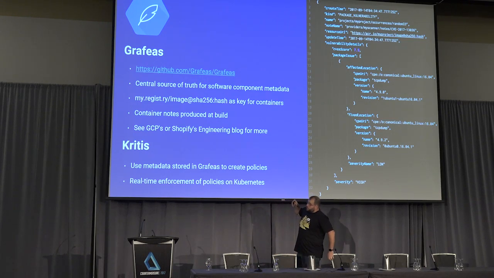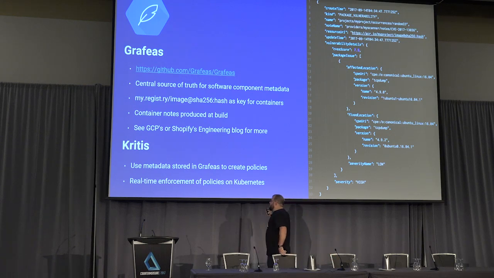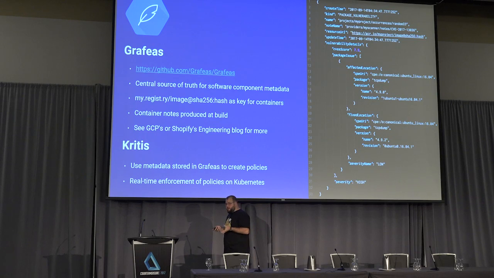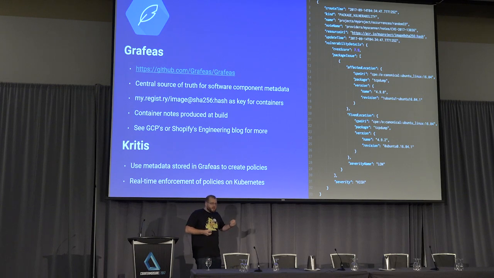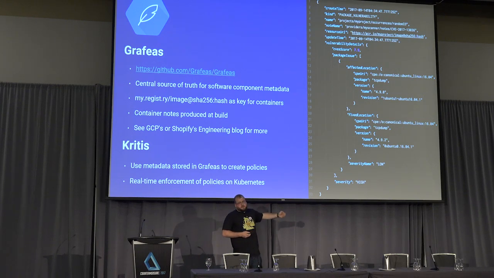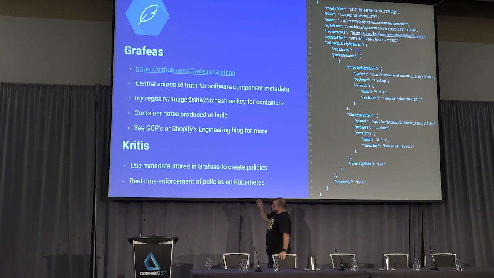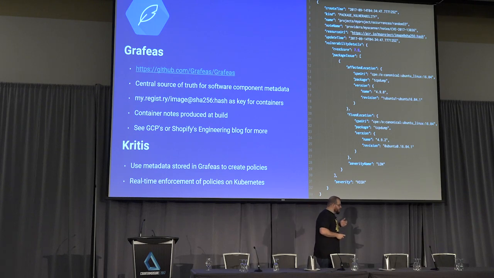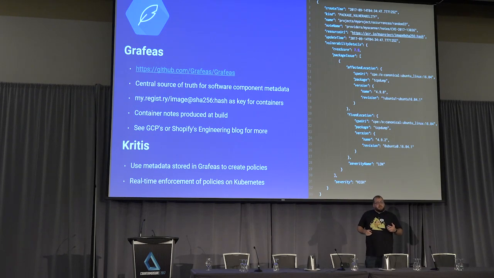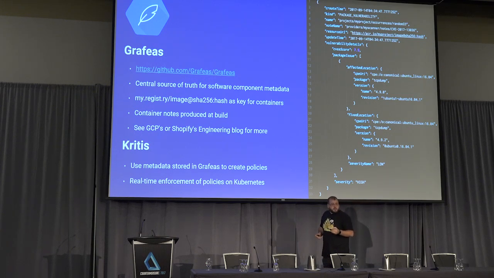And then from that, we have this tool called Kritis. And Kritis is the governance engine behind Grafeas. It allows us to build a full story of a container with metadata as it runs through our build and deploy pipelines. And we can then enforce, based on the metadata stored in Grafeas, whether or not a container is allowed to be deployed to our infrastructure. And this is really powerful because for once, finally, we can ensure that every container that's run on Shopify's cloud infrastructure has in fact been built by us, which is really, really unique.